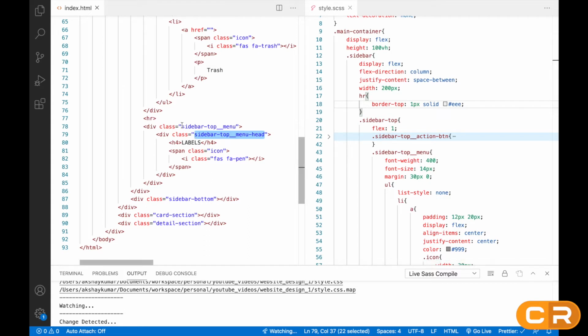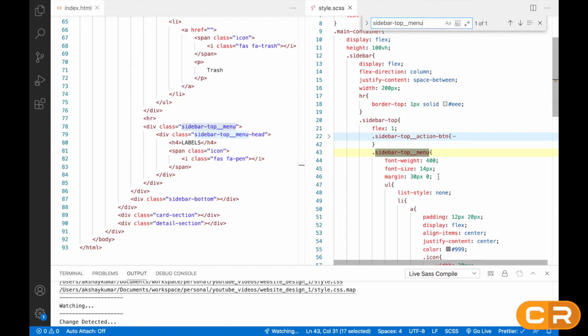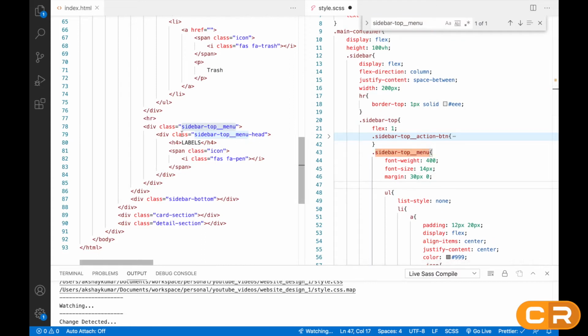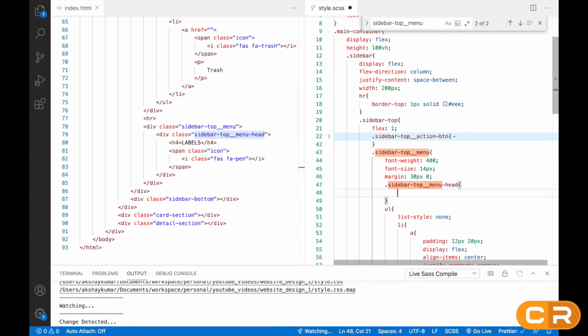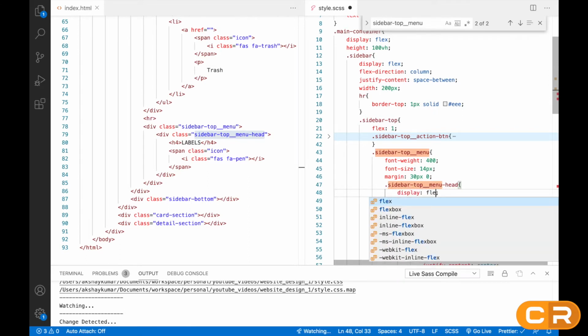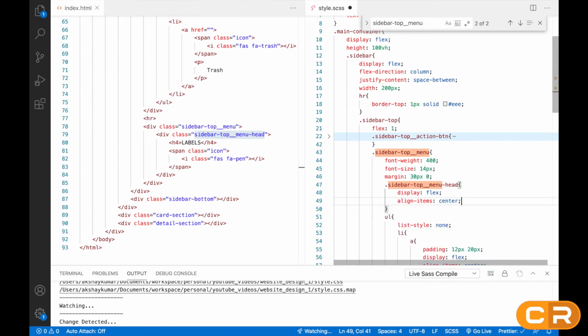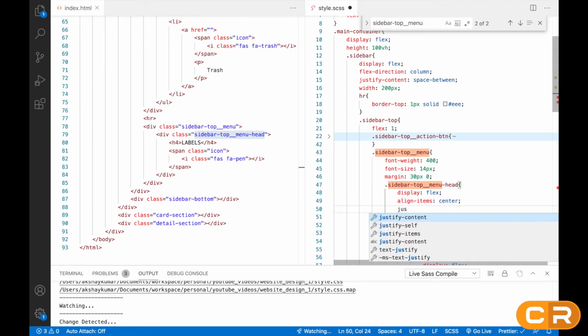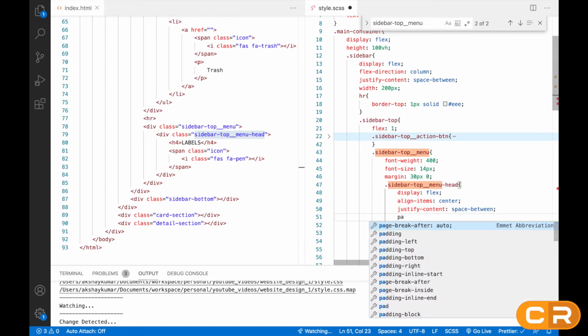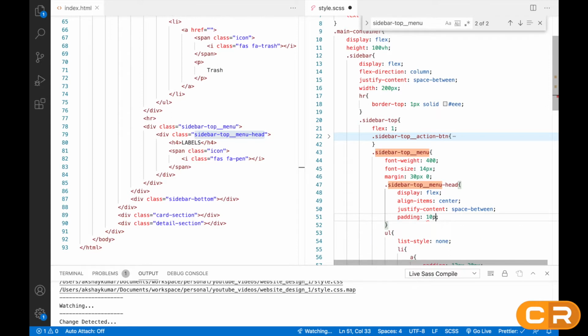Inside this sidebar top menu head class, we can do display flex, then align items center, justify content space between, then we'll give some padding, that will be 10px 20px.